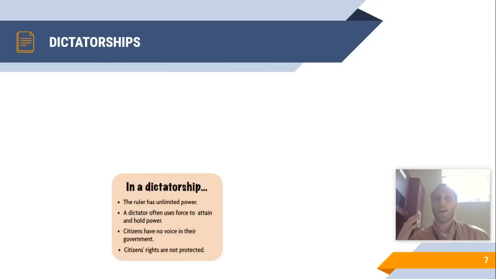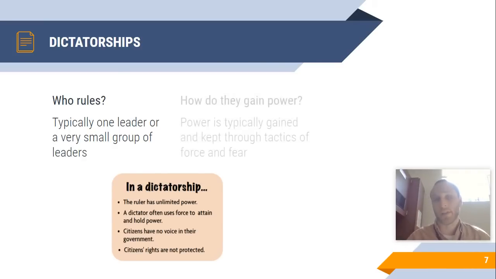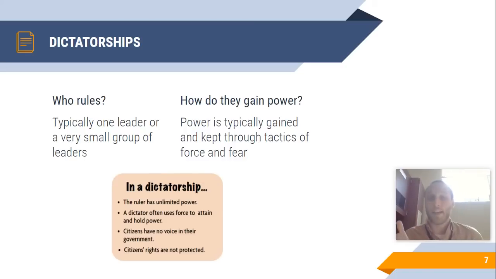Then you have a little bit of a breakdown of dictatorships where we have to figure out who rules, right? It's probably one person, or a small group of leaders that maybe are part of the same family, or maybe just someone that overthrows the previous person. So power is typically gained through force or fear tactics, right? They might use their military or their police force to put you into so much fear that you will never go against them, so that they can keep power as long as they want to keep power. And typically the only way that power changes is if someone else forces their way through and gains power themselves,